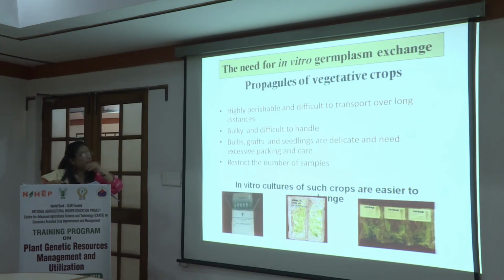Okay, so what is the need? We are here dealing with those materials which have vegetative propagules, or they are highly perishable. Sometimes budwood is exchanged, which is perishable in nature, or even whole plants can be exchanged. Again, they tend to be perishable in nature, and they are bulky and difficult to handle, and the number of samples which you can exchange gets limited because of their size. For instance, coconut, if we are to exchange whole coconut nuts, very large volume, if we just take out the explant and put it in culture, the volume reduces significantly. Okay.